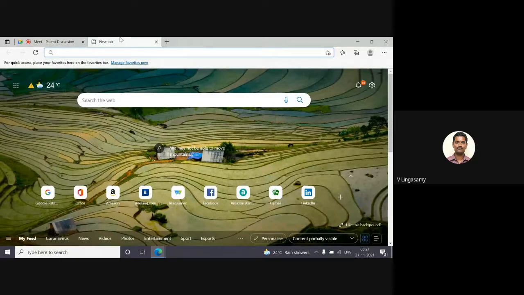Today we are going to see how to walk through patents. If we want to refer to any patents, there are a number of things we can look at. We can find enough information. If you want to read any patent completely, it is very easy. First, what you have to do is